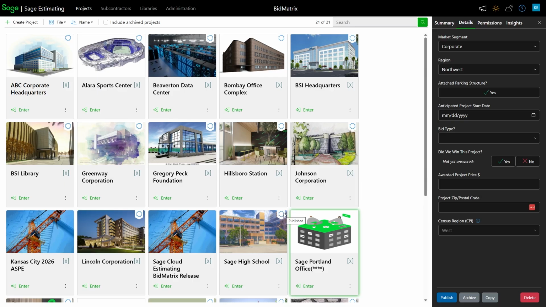So what a published project basically is telling me is that's the project that's going to be enabled to be used for future estimate comparisons and things of that nature. So if I've got, maybe I've created 2 or 3 projects along the way, kind of haphazardly, here's our different versions. There's probably one of them that I really want. Yes, that one's our final version, or this is the one that we know has the best possible numbers as we're doing this analyzing. So I don't necessarily have to have every project in the mix, but I could very easily come in here and say, well, I'd kind of like to add this one to the mix.